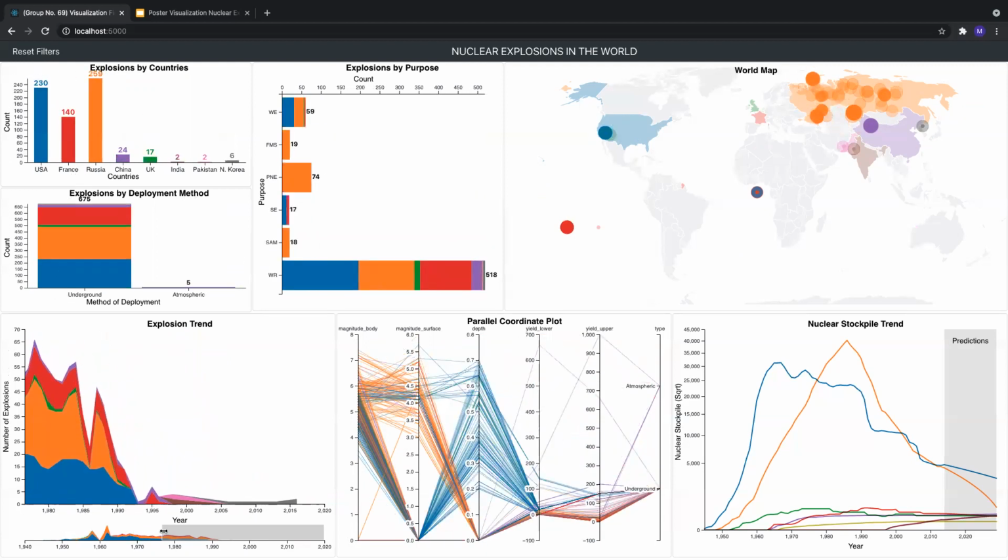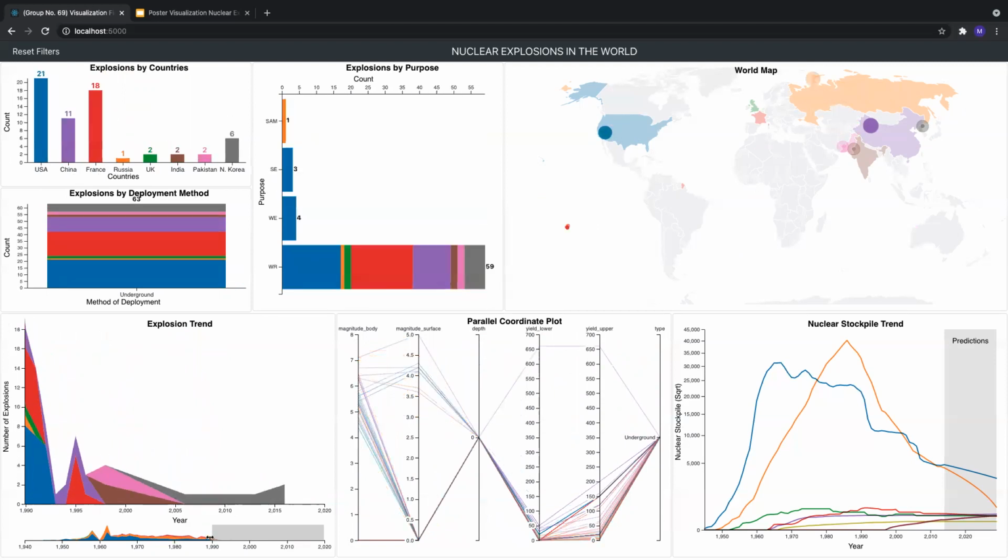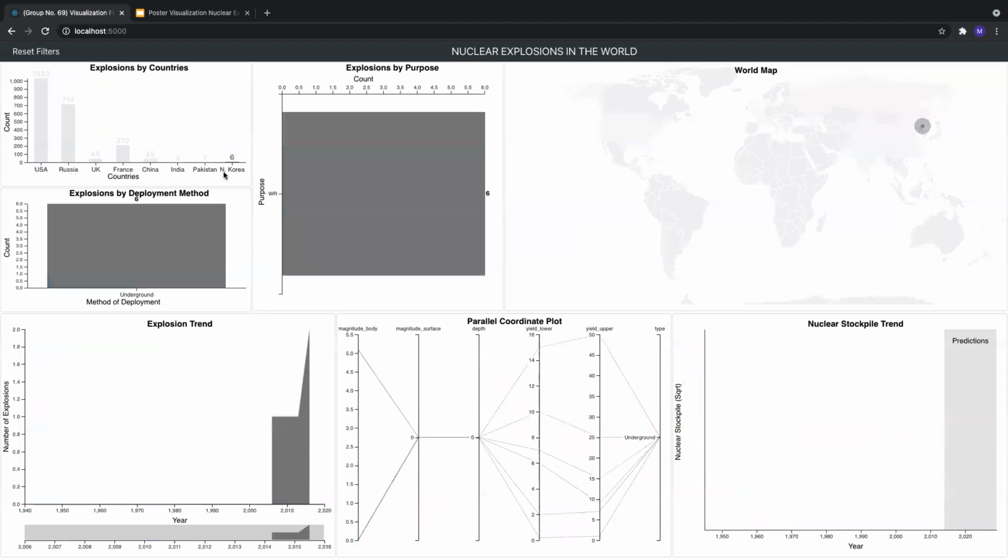most of the countries stopped their experiments after 2000, but we can see there was an emerging player in the nuclear test space, which was North Korea. And if I try to filter the data on North Korea, we can see that it has done many explosions throughout their span of about a decade. But their max yield value of their explosion was not that great, as we have seen that the highest yield value was 50,000, but theirs is only 50.